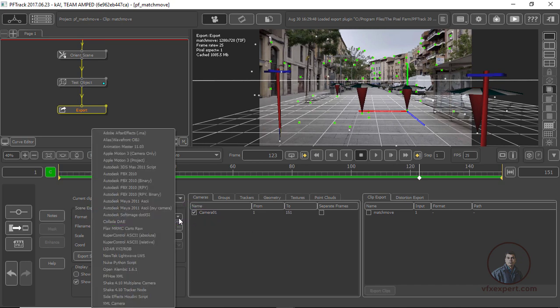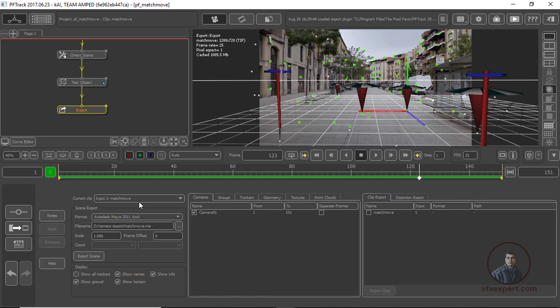So just click here and select your format. Autodesk Maya 2011, this option we have to select for Maya. Same as if you want to export this tracking data for Max, then you can select this one also, which is Autodesk 3D Max 2011. Now just select Autodesk Maya.